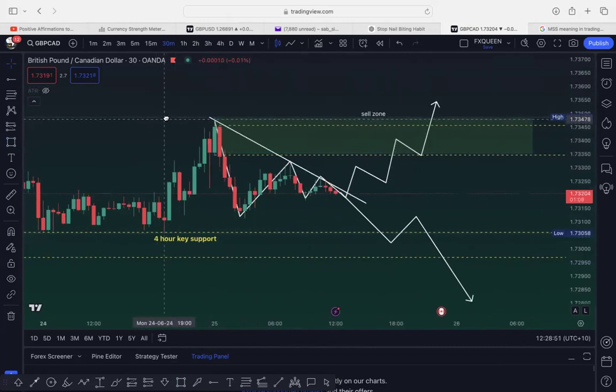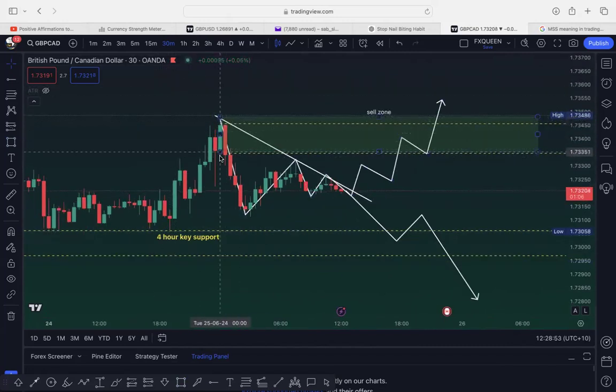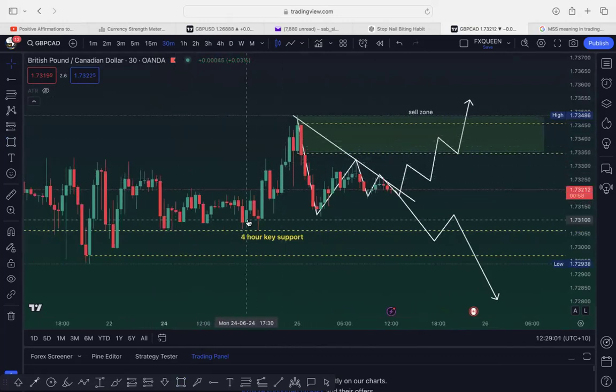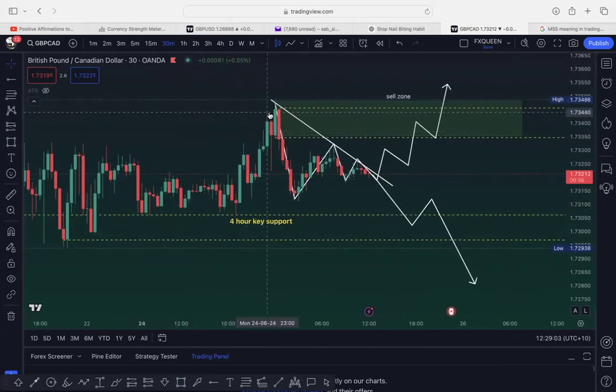In a 30-minute chart, you can see it's an engulf candle, because the follow-through candle is also the red candle. So this is definitely an engulf candle. You can see the market pushed through really hard, but sellers came back in, and there's a correction and continuation, correction and continuation. But here is the